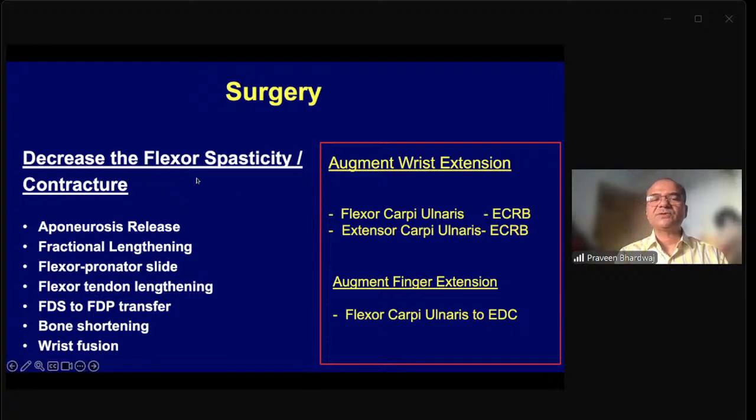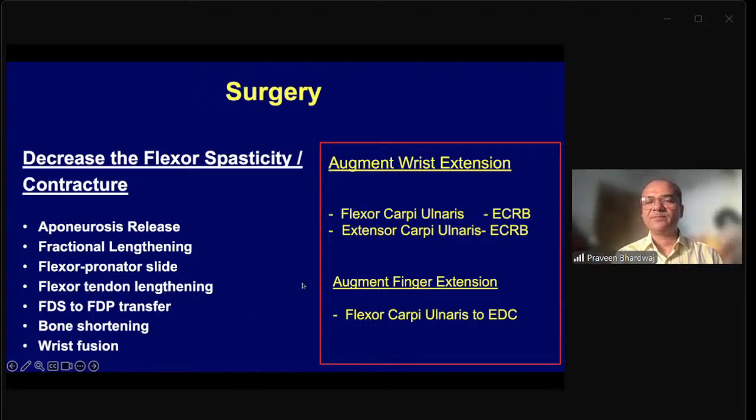The contracture or spasticity can be reduced by doing an aponeurosis release, fractional lengthening, flexor pronator slide, flexor tendon lengthening, FDS to FDP transfer, in this order. So the initial options give the minimum amount of lengthening and the later ones give the maximum amount of lengthening. You could also consider doing a bone shortening or wrist fusion, which could also be effective, but they are usually